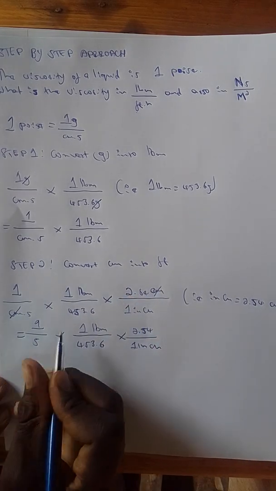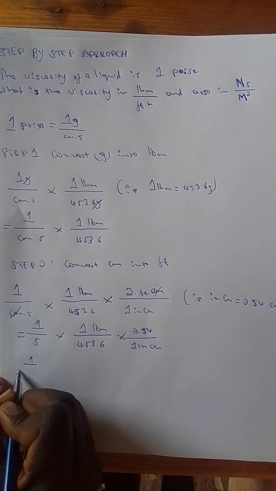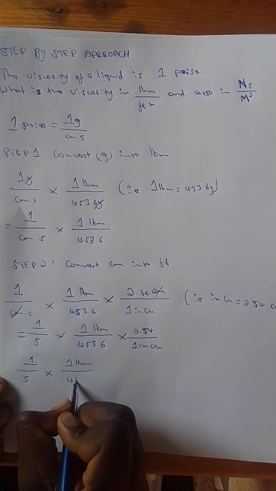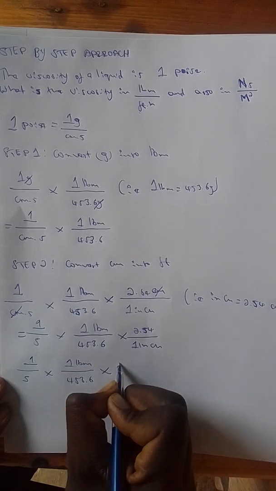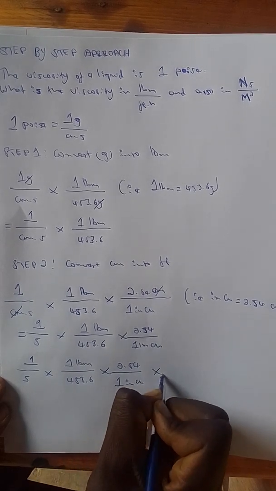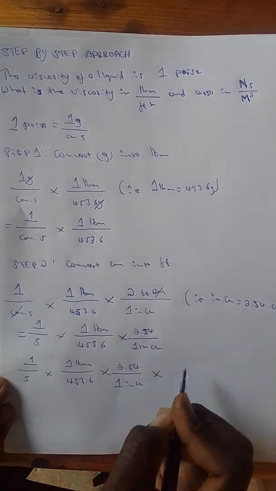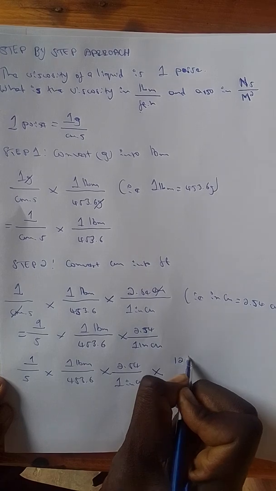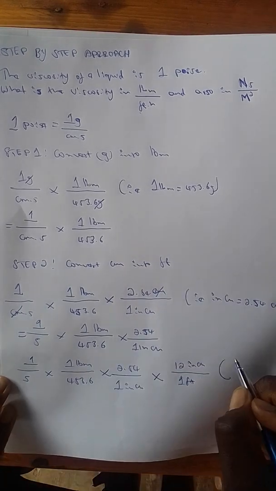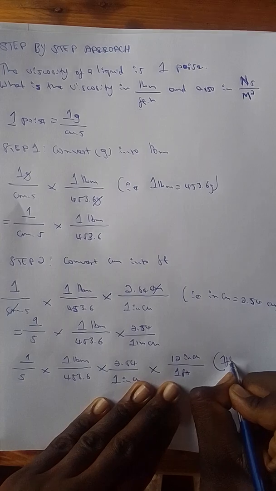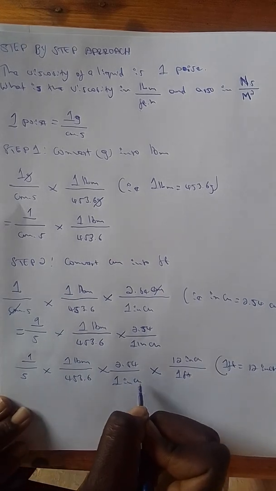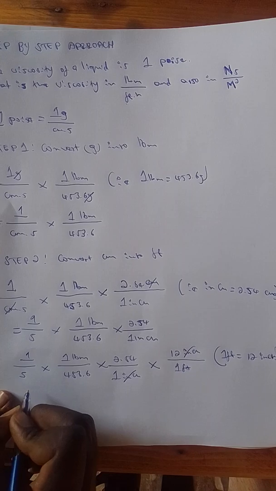So we then say 1 over second multiplied by 1 pound mass over 453.6 multiplied by 2.54 all over 1 inch multiplied by, now, 1 feet equals 12 inches. So we can always say 12 inch all over 1 feet, right? And I just want to highlight here that 1 feet equals 12 inch. Now when we reach here, we know that we can get rid of the inch, then this is what we have,